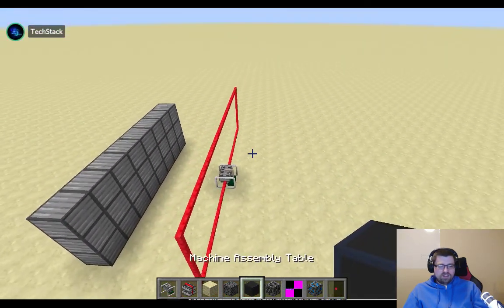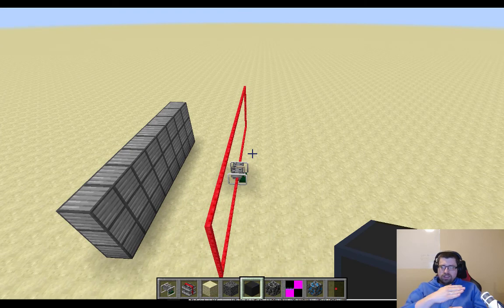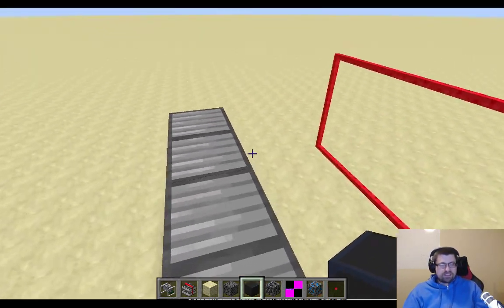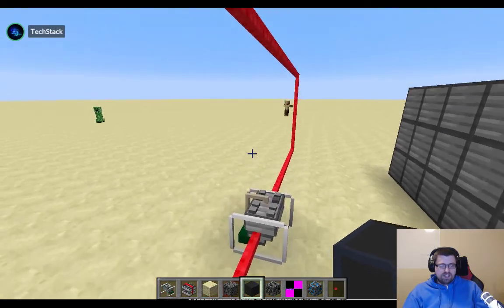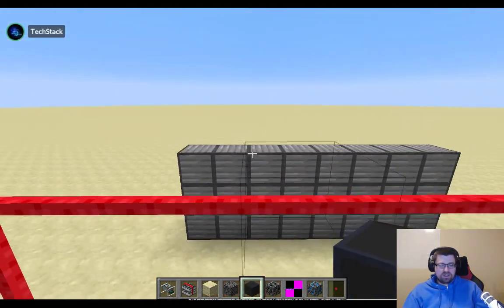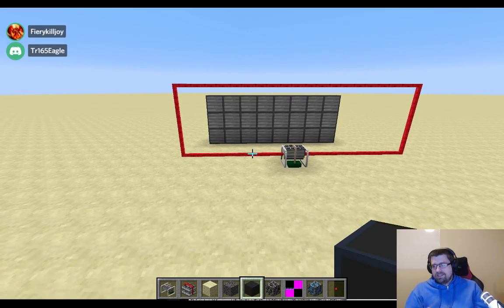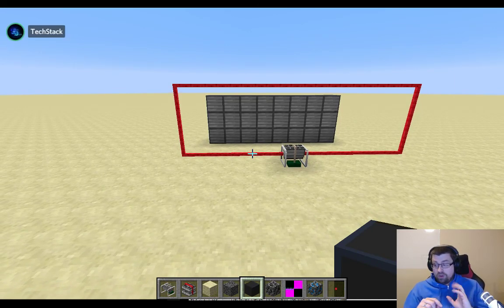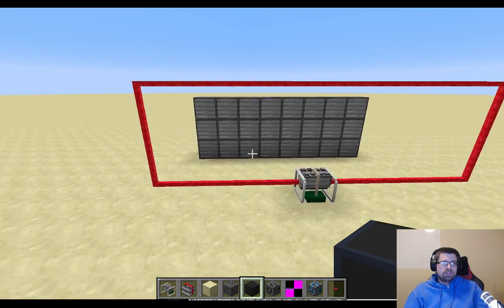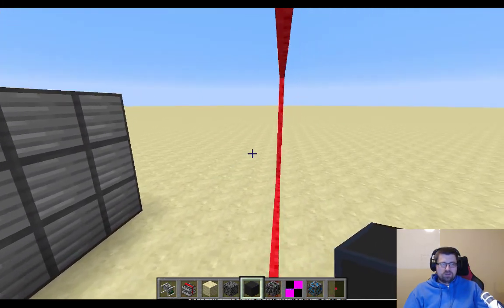So a tower crane, not one you ride in, one you place in the world, and it would move back and forth, pick up blocks and stuff, and build a scanned-in piece of the world for you by placing the blocks with the tower crane. And the grand idea of it was that the blueprints would be shareable through a website: you scan in your blueprint, upload it to the website, and then anyone else with the mod could download that blueprint to use to build. It has a lot of potential